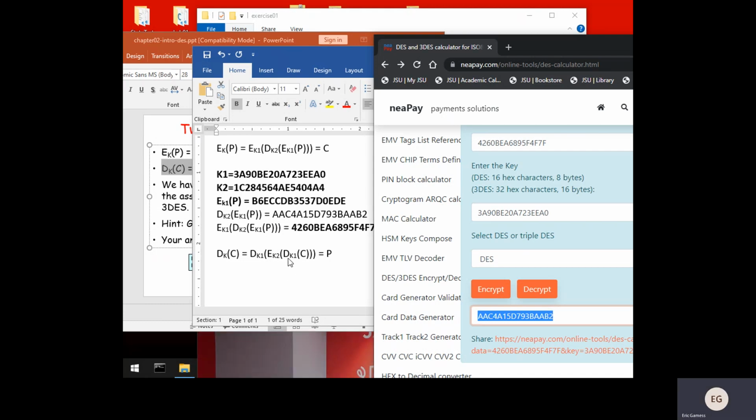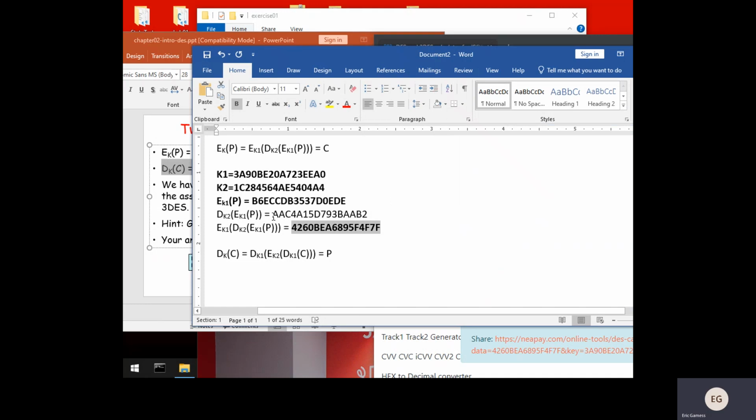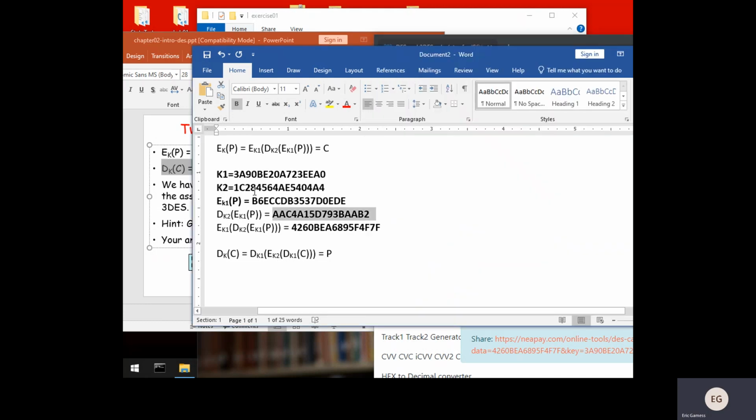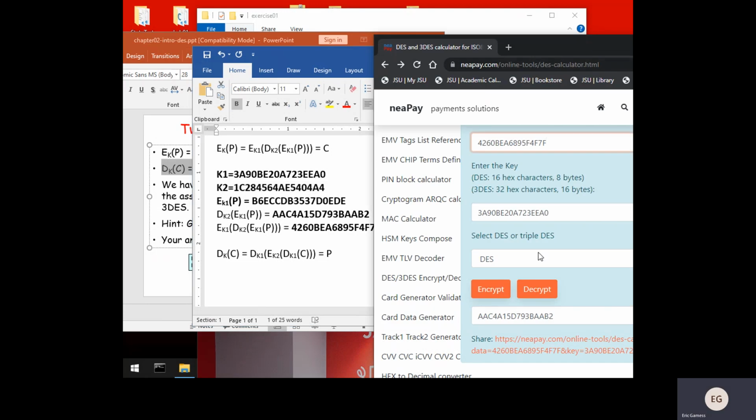Now, what should I do? The result, which is this guy, I need to encrypt it with K2. And when I encrypt it with K2, I have to come back to this one, to the B6 ECC, no? So I'm going to put it here. I'm going to put the key K2 here. And I'm going to say I need to decrypt it. I press decrypt, look at the result. The result is,